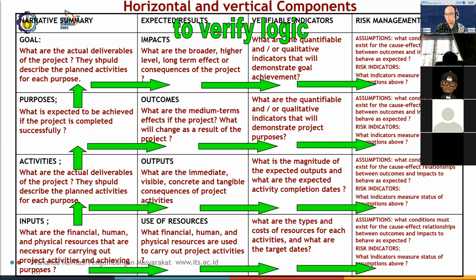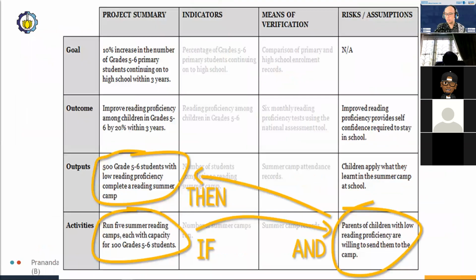So if before it was vertical coming down, it's now vertically verified from bottom up, and then once again horizontally verified. So yeah, this is an illustration of the relationships between the horizontal and vertical,